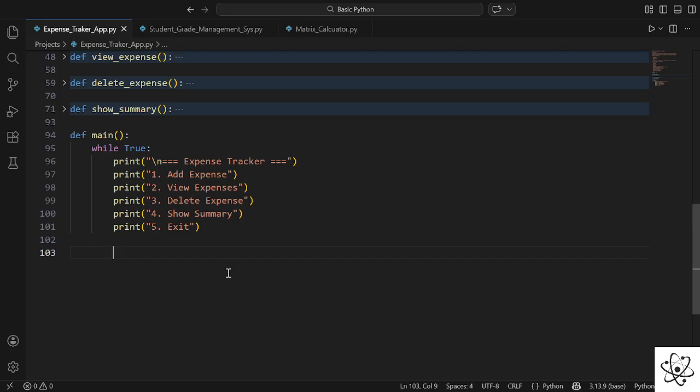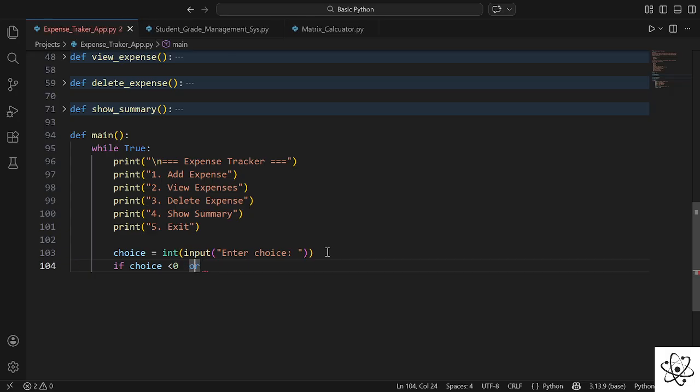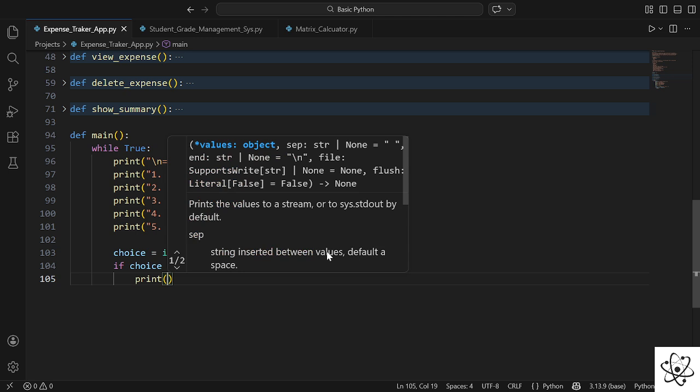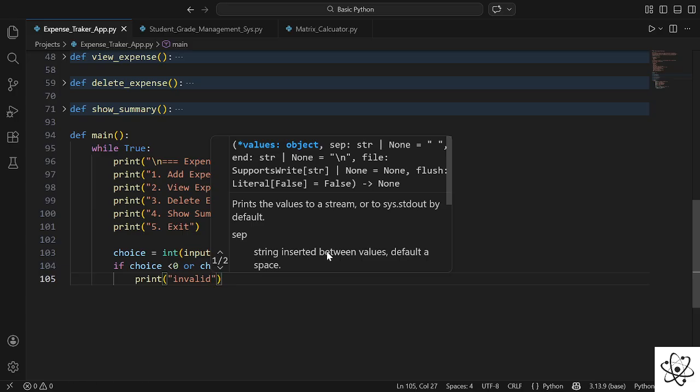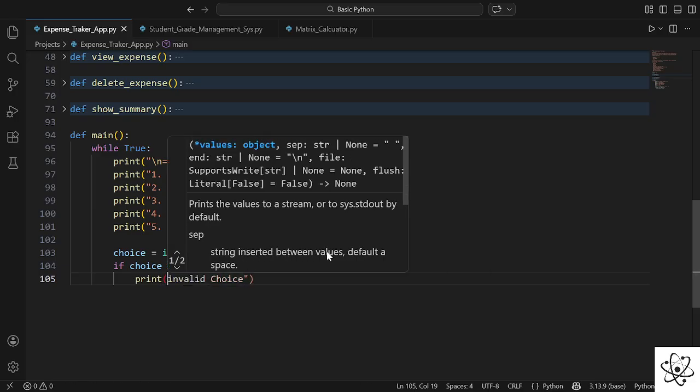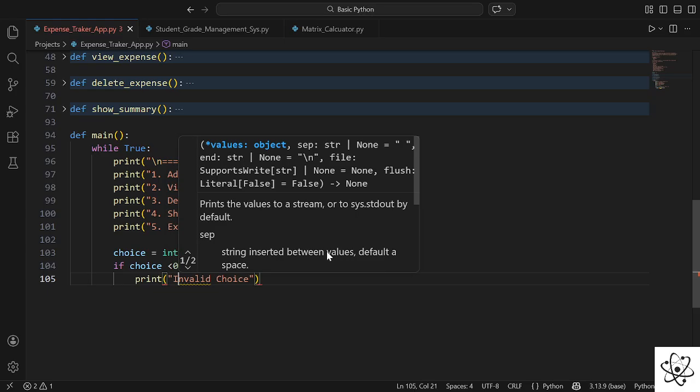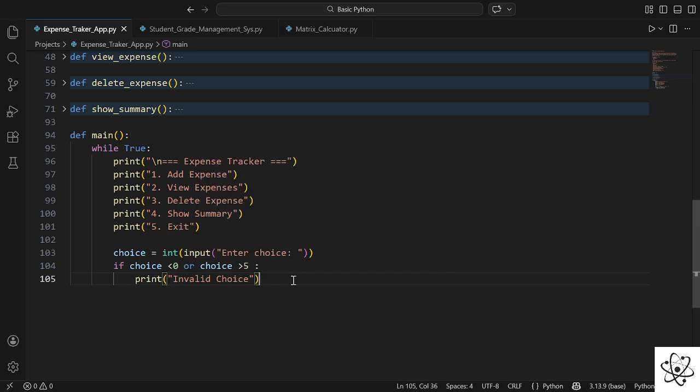and basically, let's say I ask the user for the choice, we are going to check if the choice is less than 0, or choice greater than 5, then print invalid choice. Basically, this is what we are going to print every time the user enters an invalid choice, and then